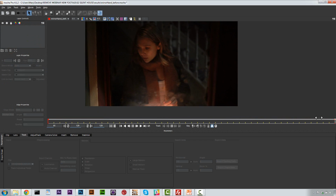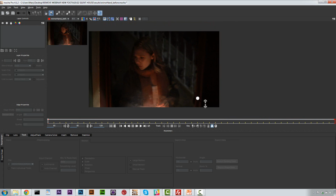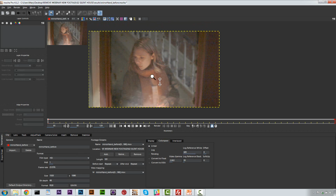All right, so the first thing we're going to do for this shot is we're going to track the frame here. Now, I kind of want to point out right quick, we have a color space right here where we can actually go ahead and up our gamma so that we can see what's going on in the shot better. However,